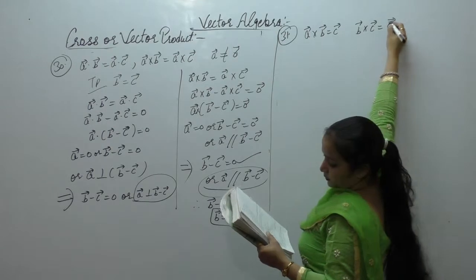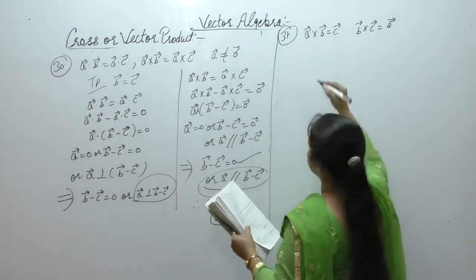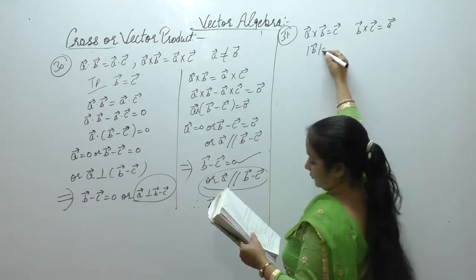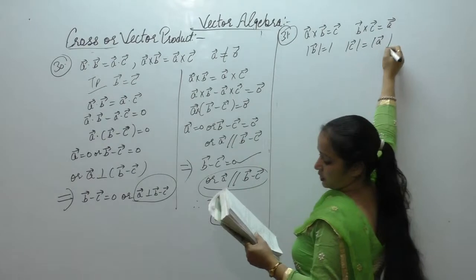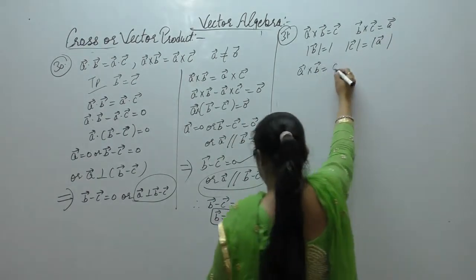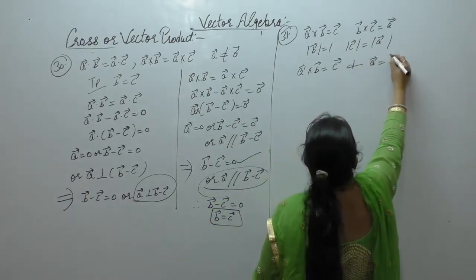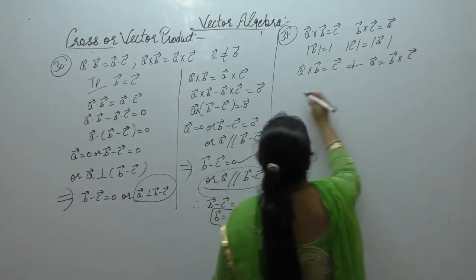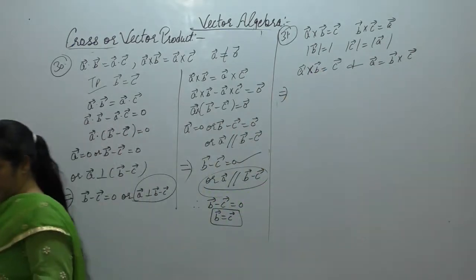is A vector. Prove that A, B, C are mutually at right angles such that modulus of B is 1 and magnitude of C is magnitude of A vector. Now A vector cross B vector is equal to C vector and A vector is B cross C. It implies that